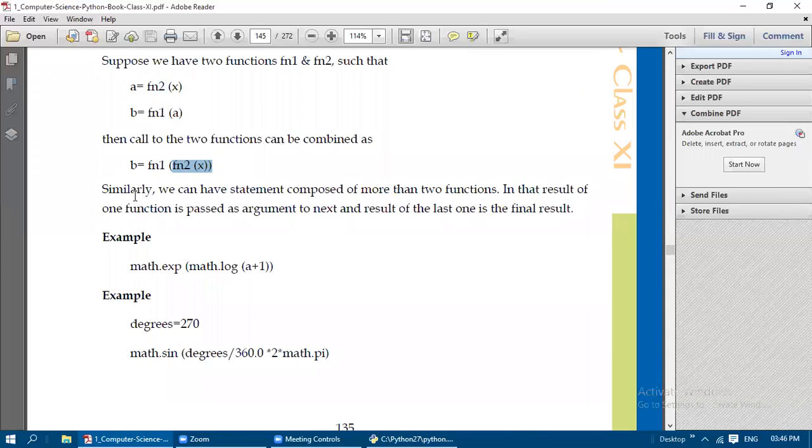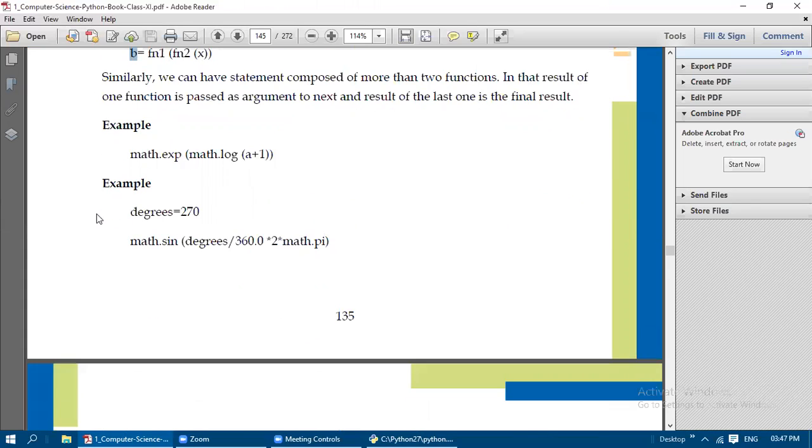So first it will call the first function and get its result. This result is used as input to the other function, function 1. Similarly, we can have a statement composed of more than two functions, in which the result of one function is passed as an argument to the next one, and the result of the last function is the final result.